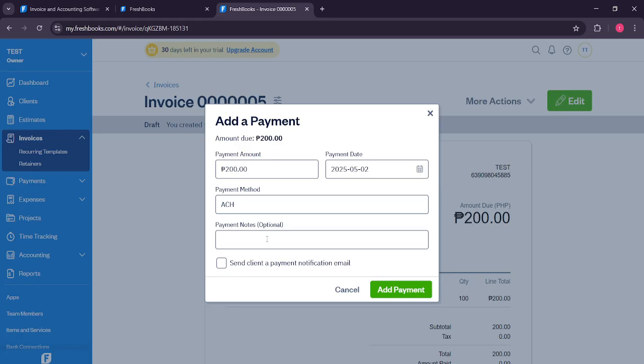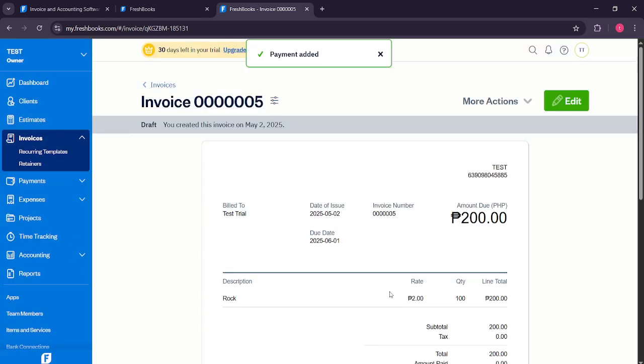It's a great choice if you're looking to efficiently handle transactions directly from your bank account with lower fees compared to credit cards. After you've selected ACH, you need to complete the process by clicking on Add Payment. This confirms your payment selection and processes your invoice directly through the ACH network. And with that, your ACH payment is underway, ensuring that your transactions are not only secure but also efficiently managed